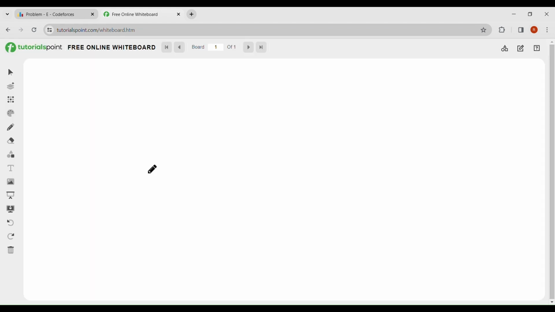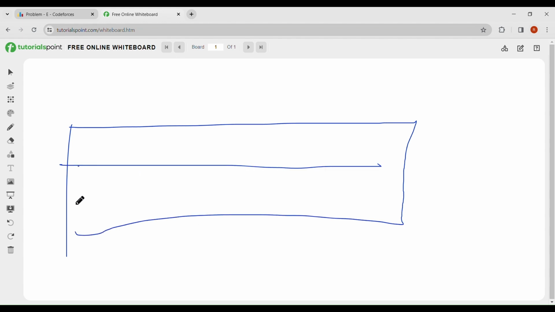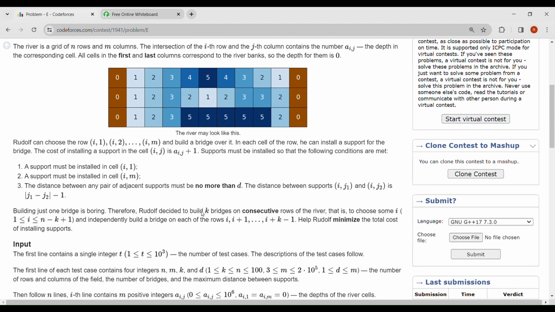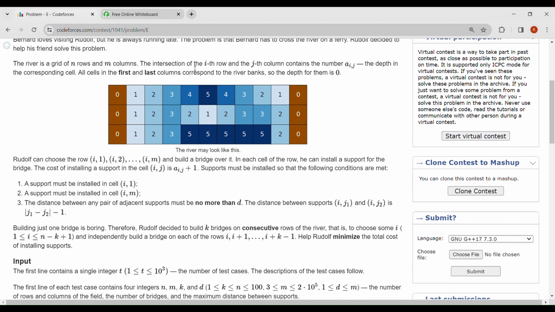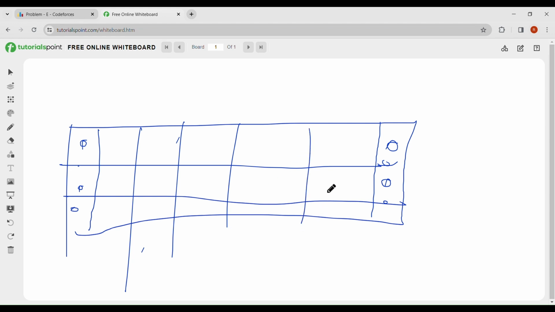So this is the river. This is in the IJ form. This is the reef. The river banks are this one, so this value is 0, 0, 0. There are some depths given, these ones, 1, 2, 3, 4, 5. They are asking that you need to construct a pool above this one,